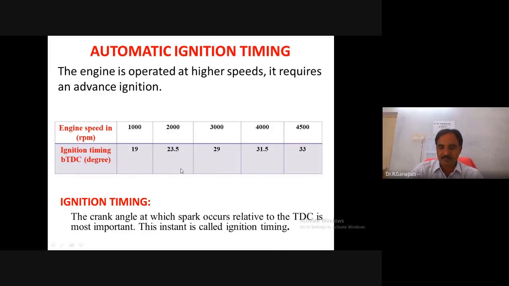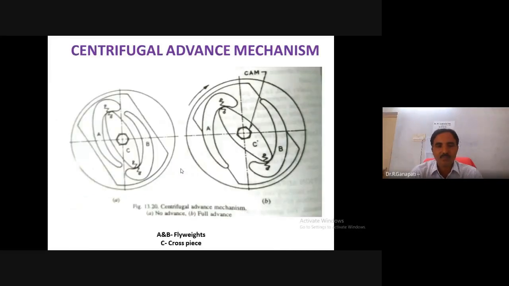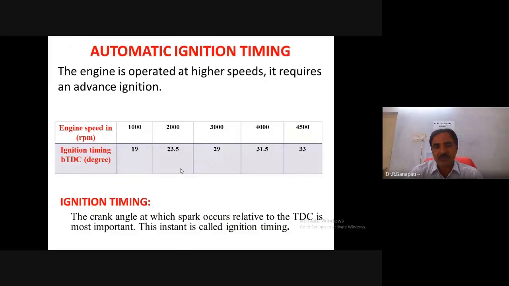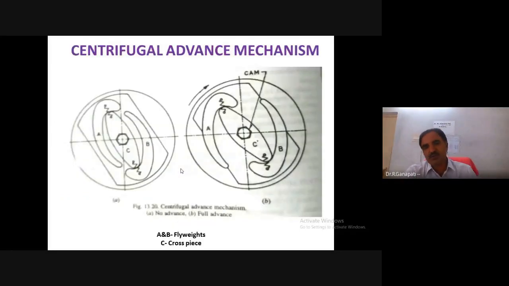Okay. And there are two different advance mechanisms. One is the centrifugal and one more is the vacuum type. So first we go for the centrifugal advance mechanism. In the centrifugal advance mechanism,